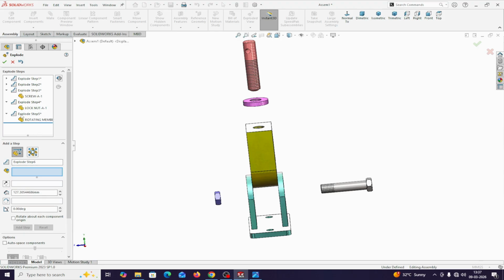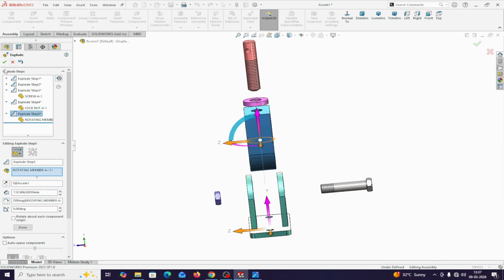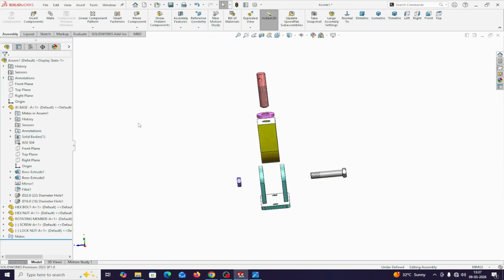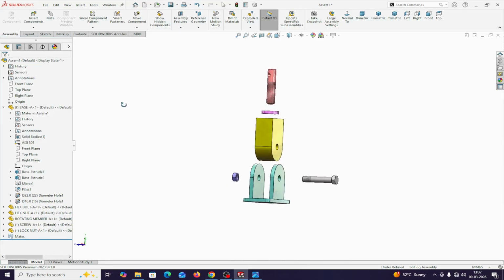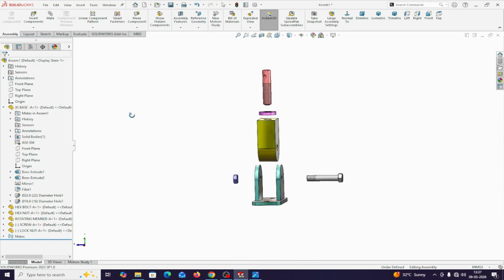Now the next part is this rotating member, click, slightly move up, this way you can move with this one, and done it, and hit right button and this one. This is the exploded view of this assembly. Okay, now